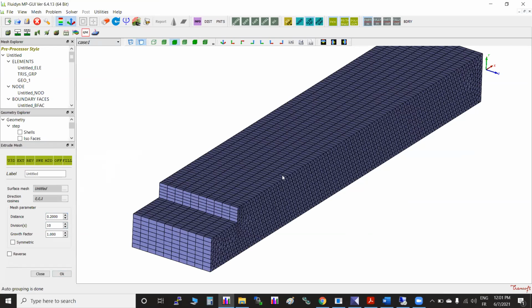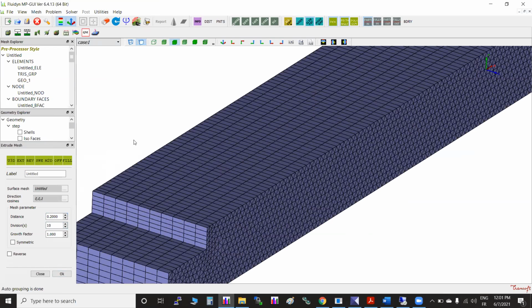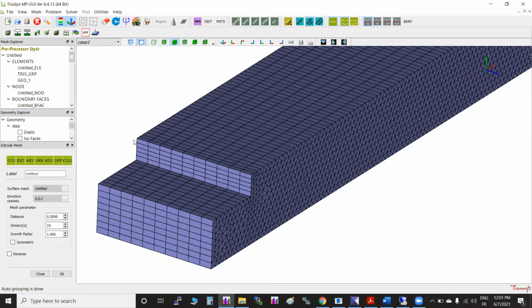Now the element type, how to identify: the surface is a triangular mesh and that is extruded, so a triangle, when you extrude, becomes a wedge. For a particular cell, for example, let me show you, it looks like this. This is what we were talking about from the morning.